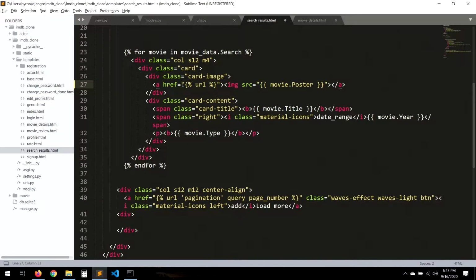URL, and the name of the URL in this case is movie details, and then here we pass movie dot